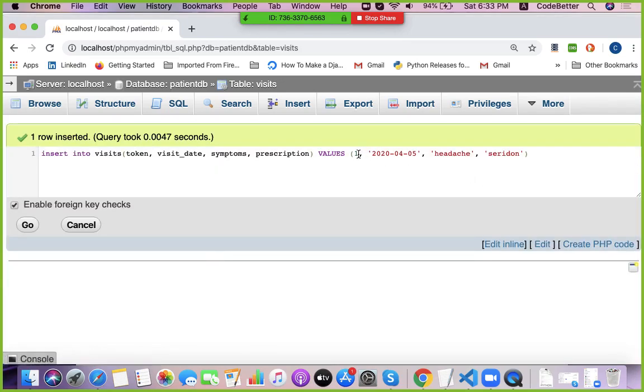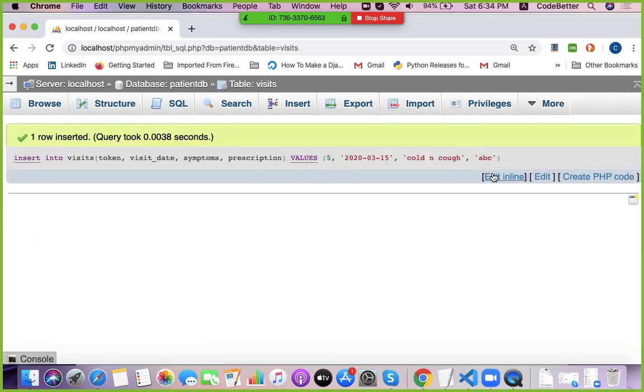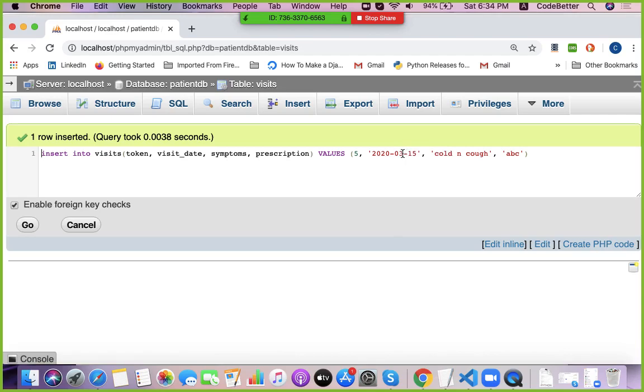Let's add a record for patient 5, visit on 3/15, cold and cough, let's say ABC, and again 5 visited on 4/1, symptoms none and prescription none.